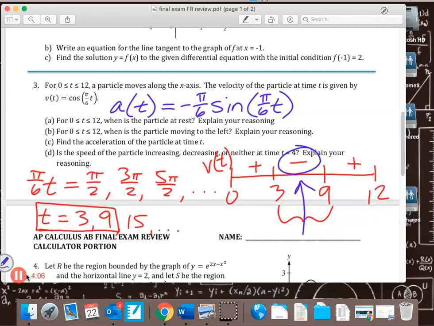So at t equals 4, velocity is negative. We plug a 4 into our acceleration function. A of 4 equals negative pi over 6 times the sine of 4 pi over 6, which is the same thing as 2 pi thirds. The good news about this is you don't even have to know what the sine of 2 pi thirds is. You just need to know if it's positive or negative. 2 pi thirds is in which quadrant? Second quadrant, which means sine there is